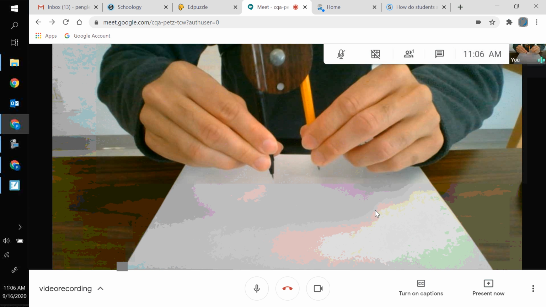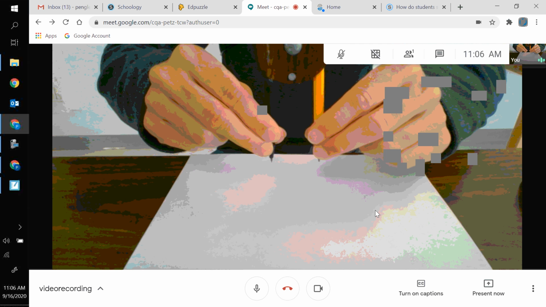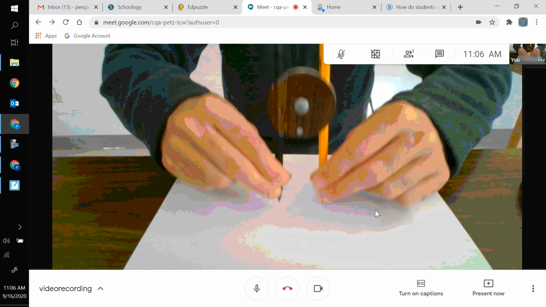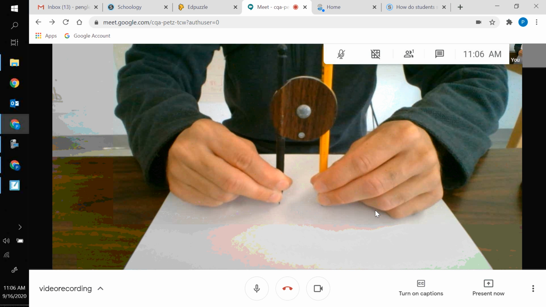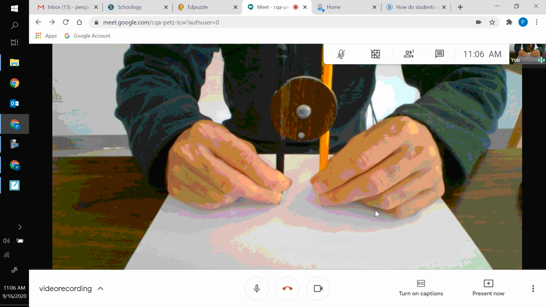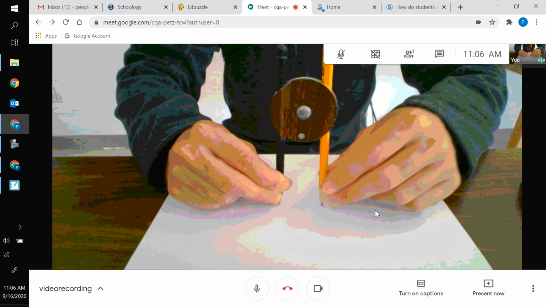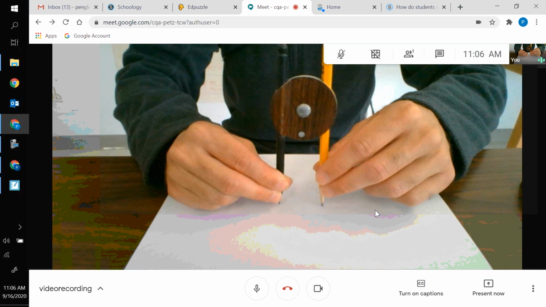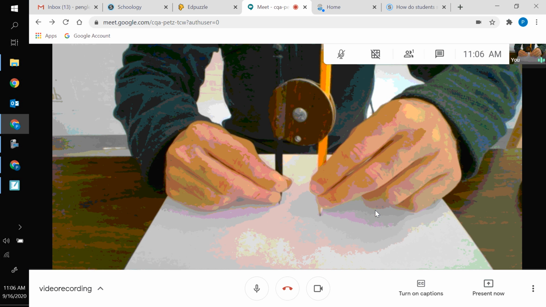So when I hold my compass, I like to hold it with 2 fingers close down to the point in the pencil. So I'll put them on the paper, but I'm putting pressure into the point and not really any pressure into the pencil. The pencil is just lightly touching the paper. So what I'll do is while putting pressure in the point, I'll take the pencil and I'll swoop it up